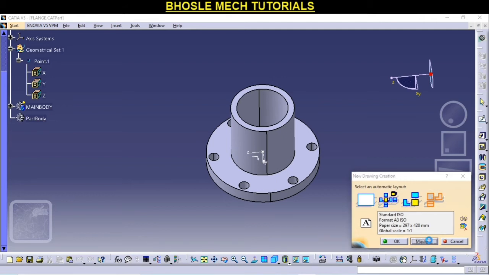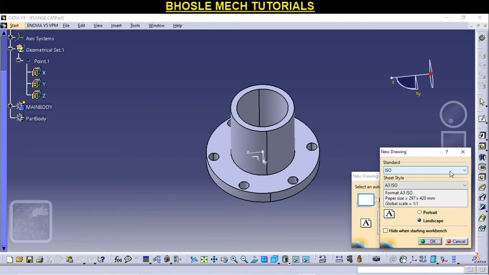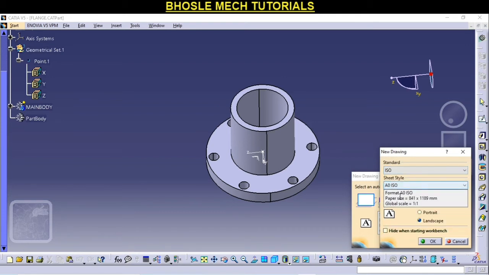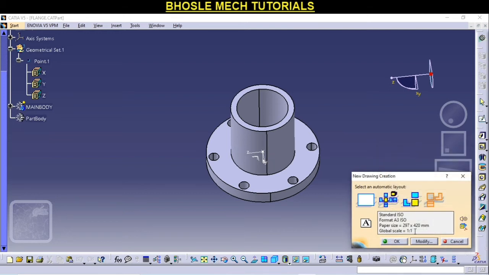If you want to change, we can modify. If you want our page to be in ISO, A4 or A3 will be suitable for our design, and go for OK, and in landscape OK.